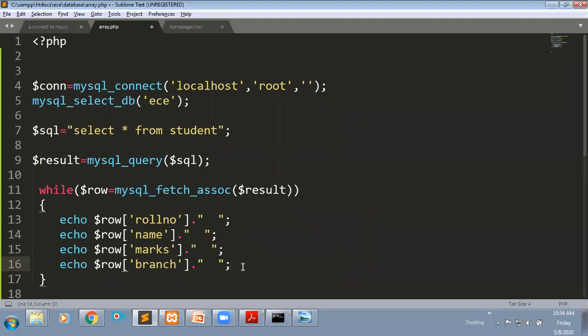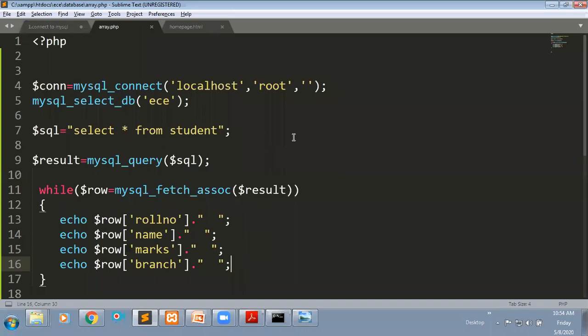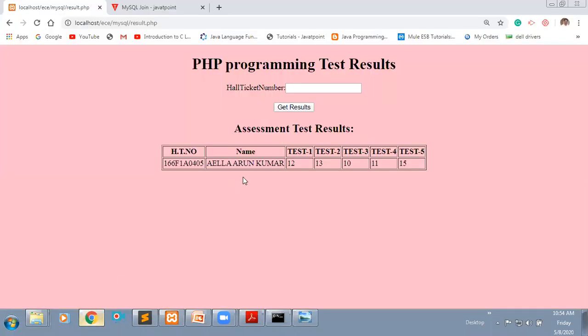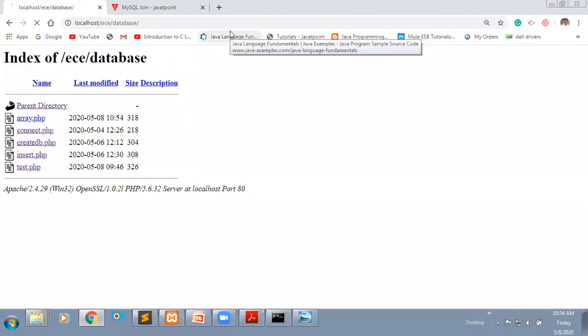Just saving this file. I want to show this in the output using the PHP file. This program name is array.php, which is saved in the database folder. I created one folder called database basic, and there my file is array.php.